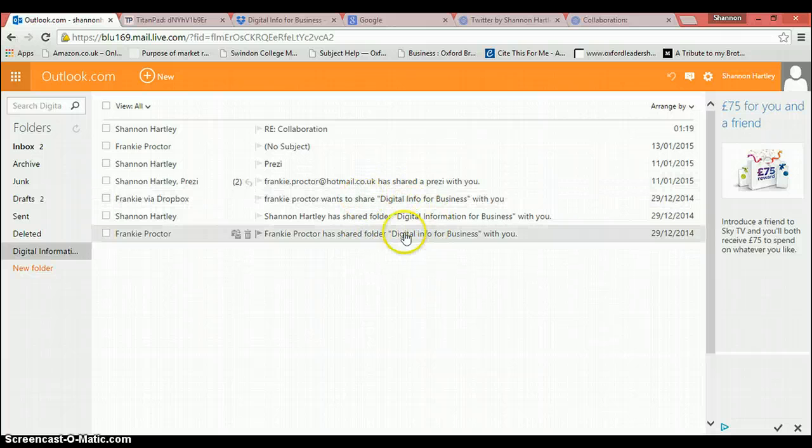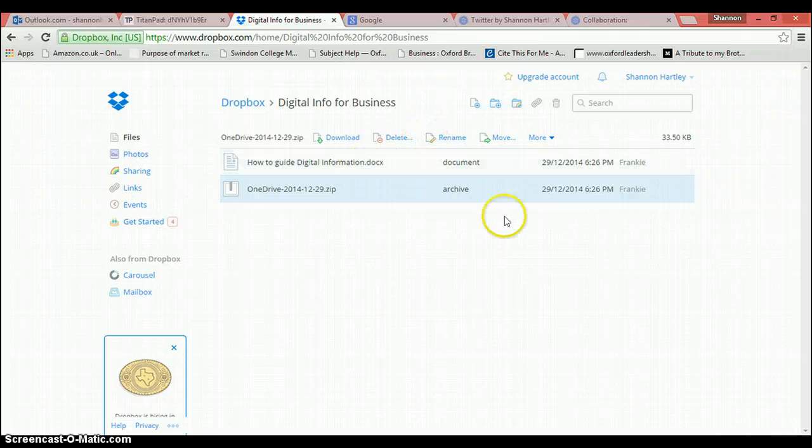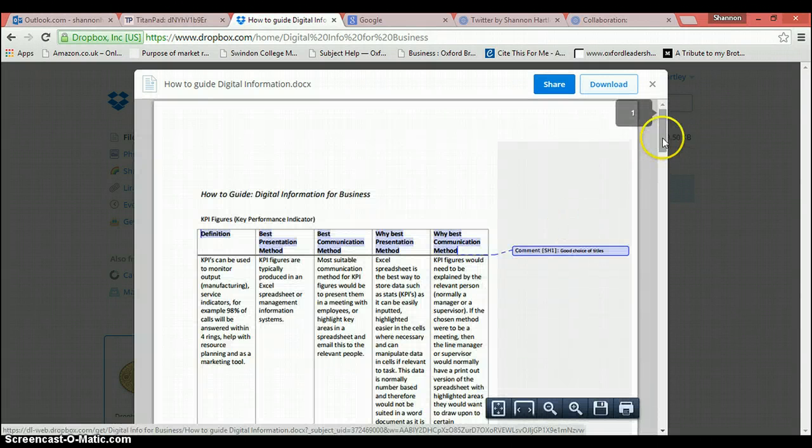So then we went on to use Dropbox. So Frankie emailed me. Just click that here. So hi there, Frankie wants to share some files in Dropbox with you. So when you click onto View Folder, that will take you to this page here. It was really nice, really similar to OneDrive.